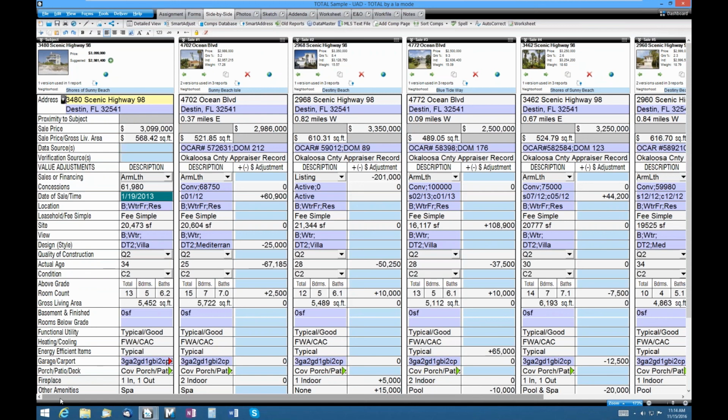I want you to think about it this way. If you're going to merge a previous report, and you're going to bring in comps 1, 2, and 3 out of that report into this one, well, you're missing the one property out of that report that has the most data in it, the one with which you're most familiar, right? The subject. So how do you bring across the subject into this report? Well, that's actually done, I think, in a much more efficient manner, through the Old Reports button up here at the top. So when I click on Old Reports,